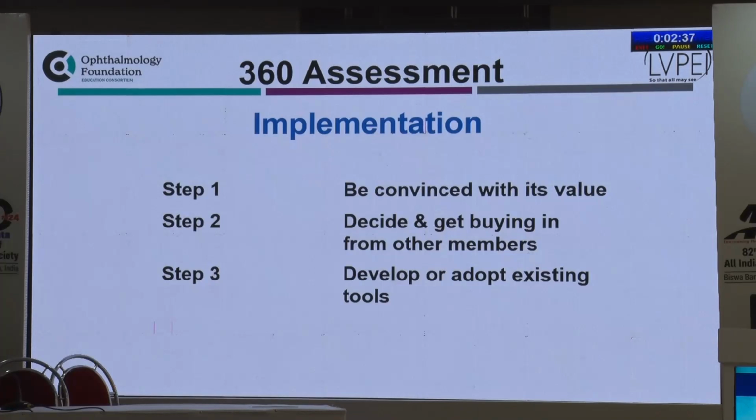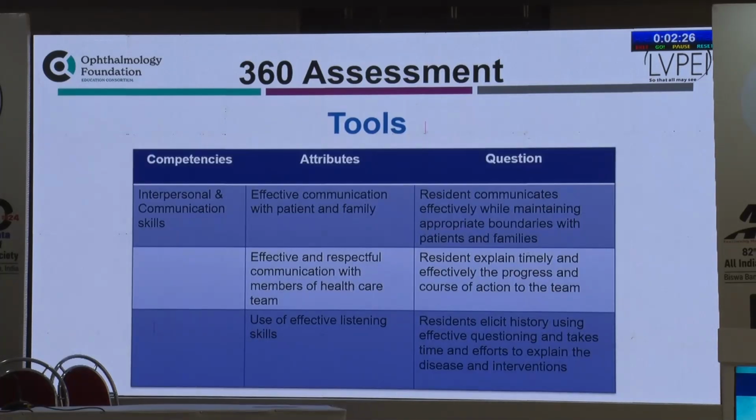You should develop and adopt the existing tools that are already available. Some of these are published by the Ophthalmology Foundation. This is one tool that we published in the Canadian Journal of Ophthalmology on how we conduct the 360-degree assessment. For interpersonal skill and communication skill, the attributes that you are going to be evaluating are effective communication with the patient and family,